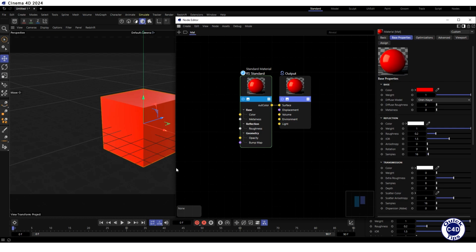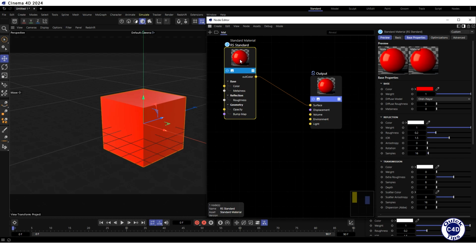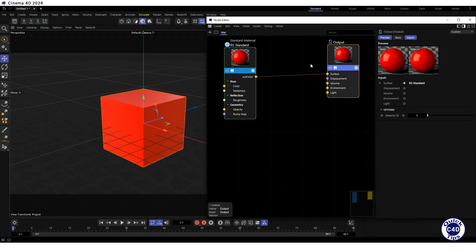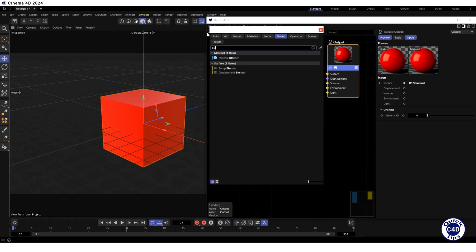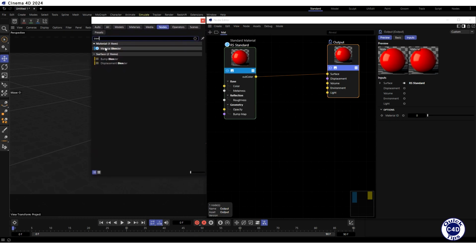Move the Redshift standard material node and output node apart from each other to create space between them. Click on the Add Nodes Plus logo, search for Blender, and drag and drop the material blender onto the wire between the Redshift standard material node and output node to